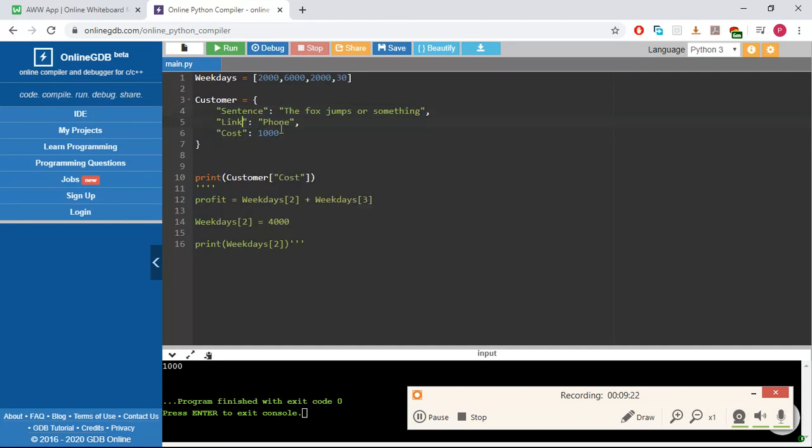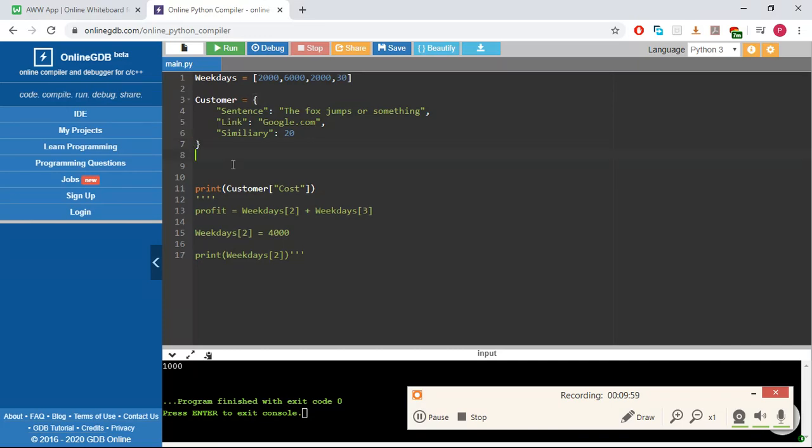A link, and then I'd have where I got this sentence from, let's say google.com or something like that. And then I'd have similarity, right? Similarity, and then a percentage, so it could be, say, 20% or something like that. And whenever I was comparing different sentences to see how they compare to the overall document or something like that, I'd just say,